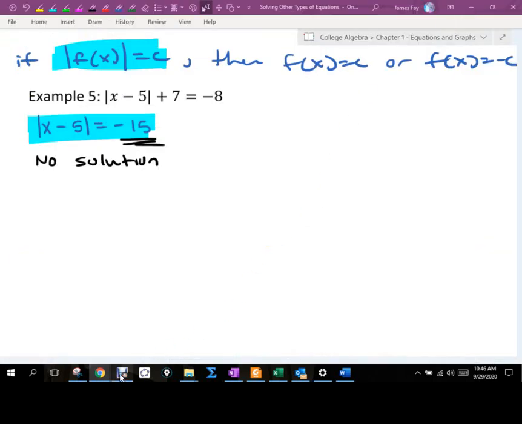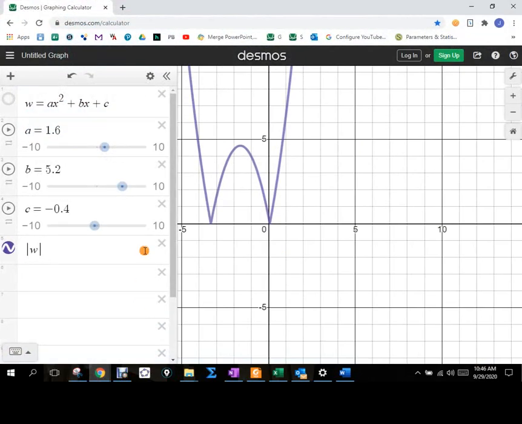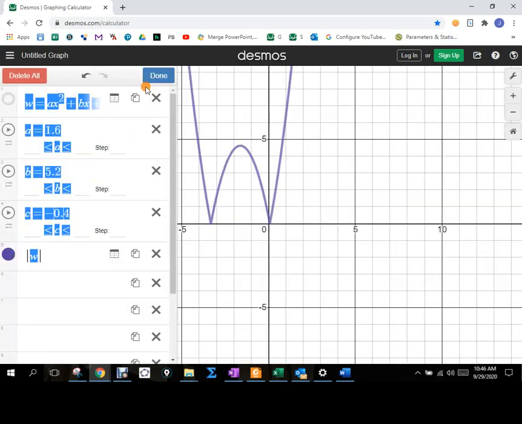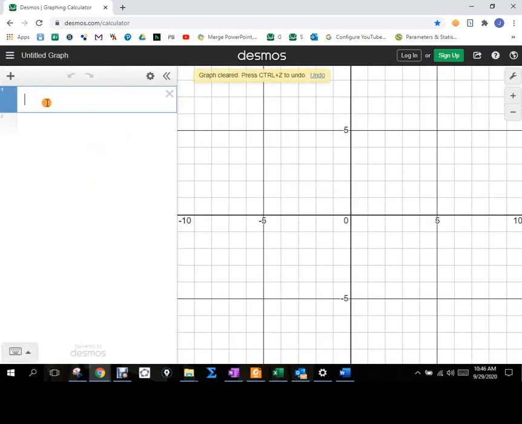So no solution. So let's think about this graphically. Why did I get no solution here? It's because if I go absolute value of x minus 5,